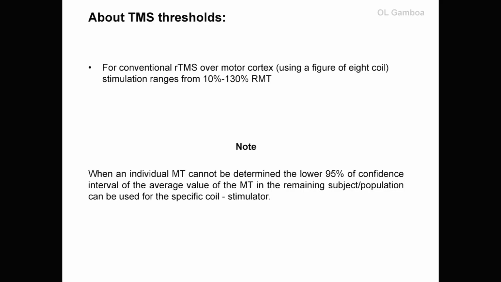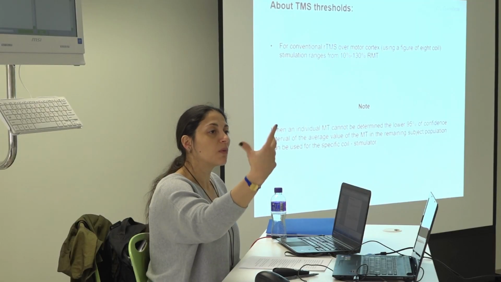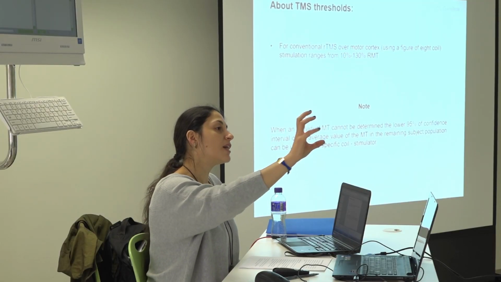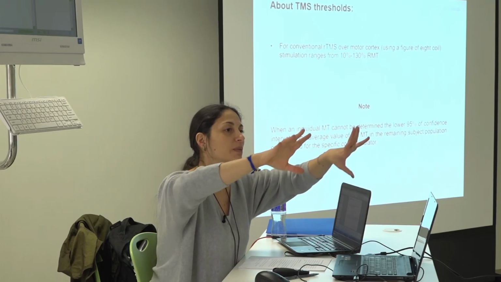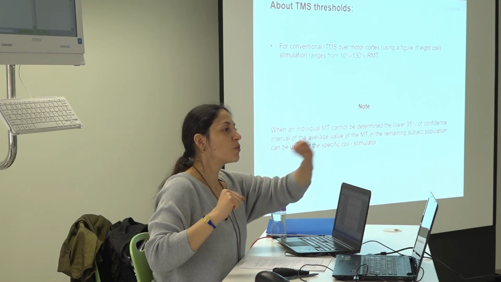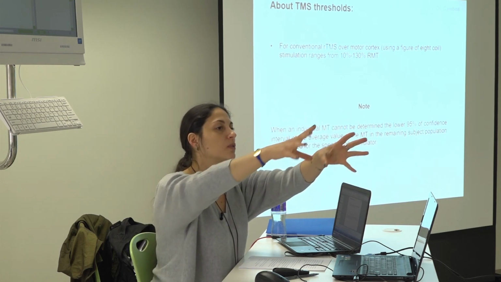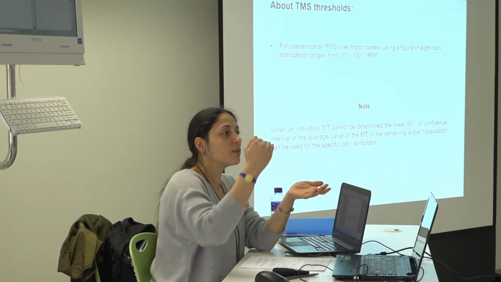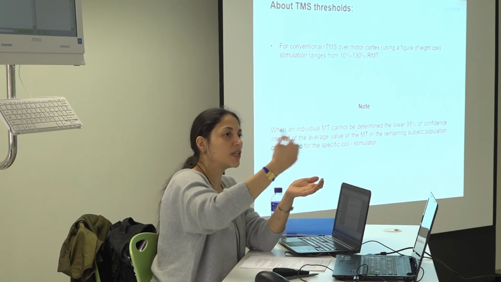But then that is what they are saying. They are saying you cannot determine the motor threshold, so you can find the threshold taking into account the measurements of the population you are measuring. I have this group, you are all participating in my study, and I couldn't find your threshold. So what I will try to use is a value that is common to this group. As I said, in some research you can see studies where everybody is stimulated at 70%, for example, because they have found that 70% is more or less the average. I can get this effect, and then it could be valid.